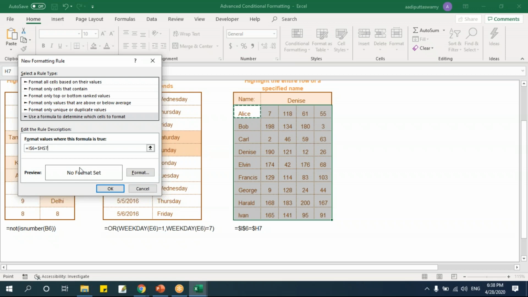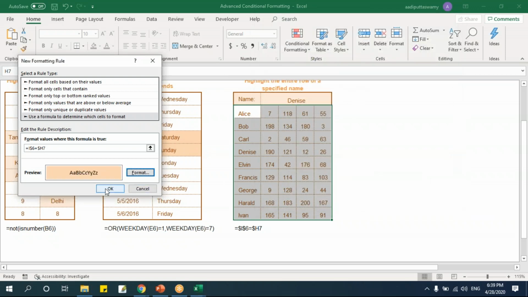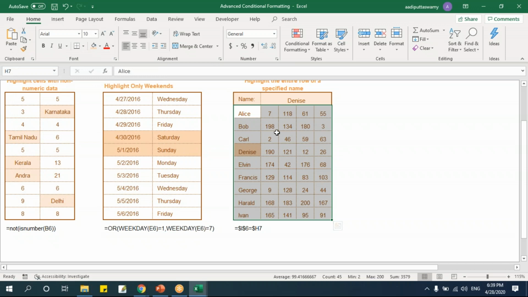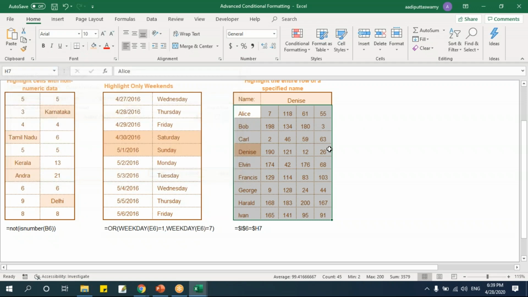So for that, I will say F4 and F4. I'll fix only the column so that it is taking this column but highlighting the entire row. I will select this and say okay. Did we select properly? Let's go and select again. What did we select? Okay, I6. Fine. Let's check this.